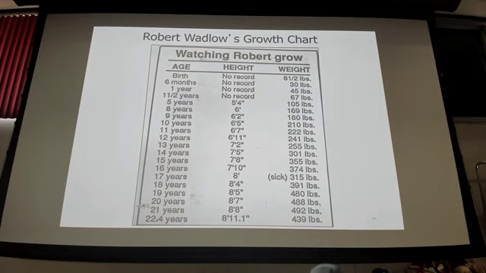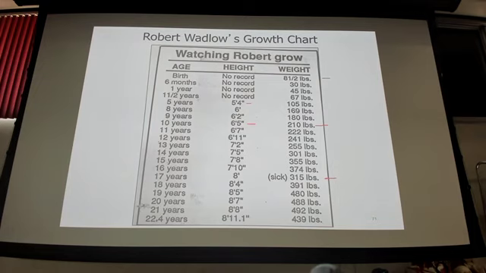Look at this chart there, right? You can sort of see the uptake, right? He was relatively normal at birth, right? No record of his height, but an 8.5-pound baby is not abnormal. Then you would say maybe a 5'4" 5-year-old is pretty atypical. And then a 6'5" 10-year-old who weighs 210 pounds. And then it says sick here, so this is when he really starts to experience a lot of problems because these patients start to have some surreal health issues.